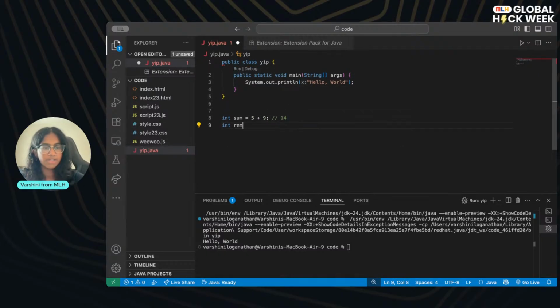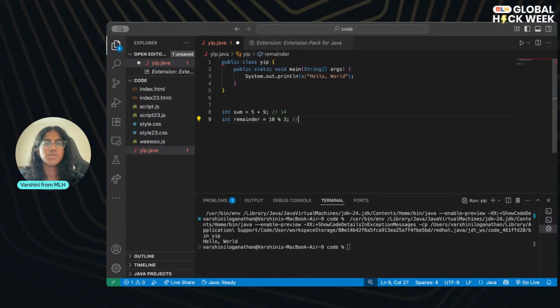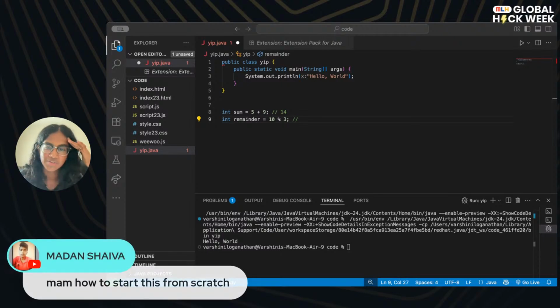If we want to do int remainders, so this is a way of using that modulus that I was talking about earlier. So say we do 10 modulo, so people will say modulo, modulus. What do you all think the result of this will be? So it's just going to be the remainder of this division. So put it in the chat what you think the answer will be. I'm sorry, I know this is basic math, but it's very interesting to think about it in Java. But if y'all feel like it's stupid, I will just give you the answer too.